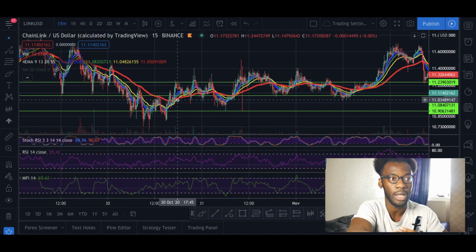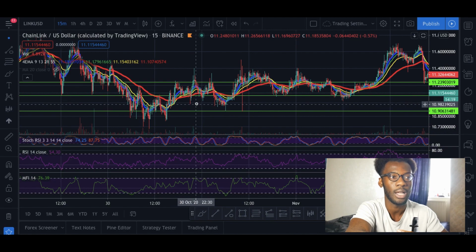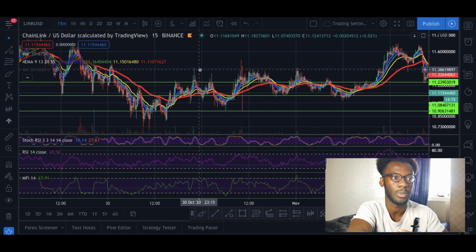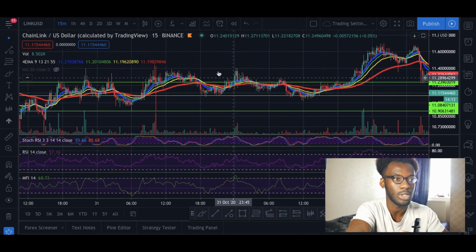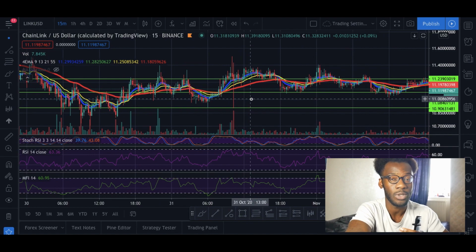So if you had bought here and you'd held, you had an appropriate stop loss, which you do need to have a stop loss, by the way, then you can look at the RSI and then you can see, okay, this is topped out here, now would be a good time to sell. And you can see here just historically how reliable of an indicator it is if you use it in conjunction